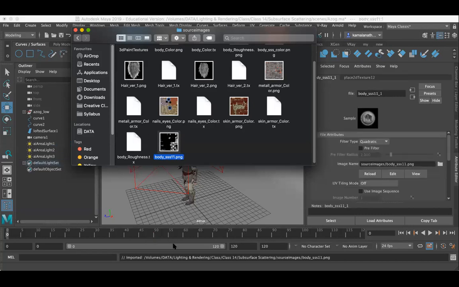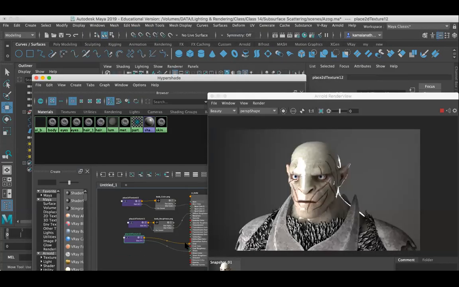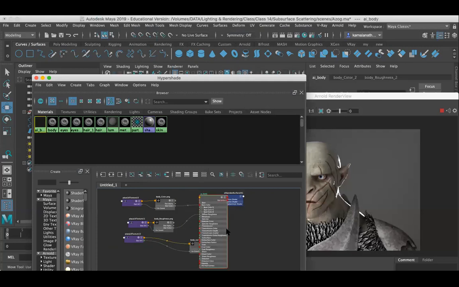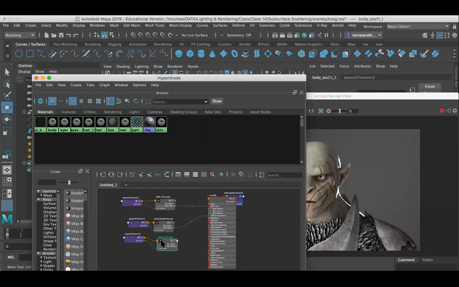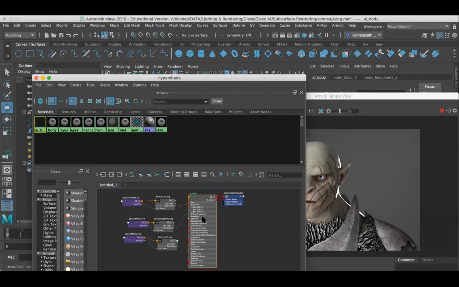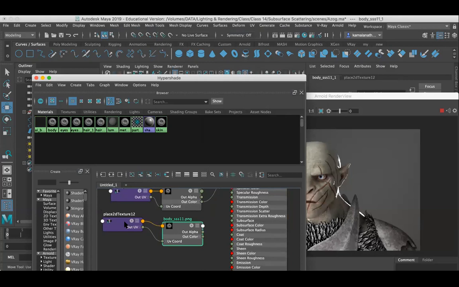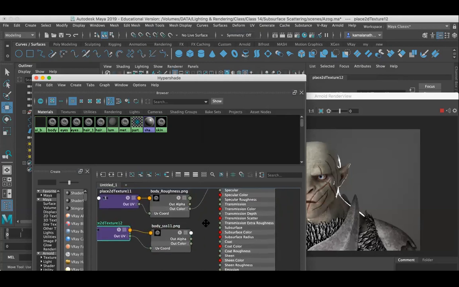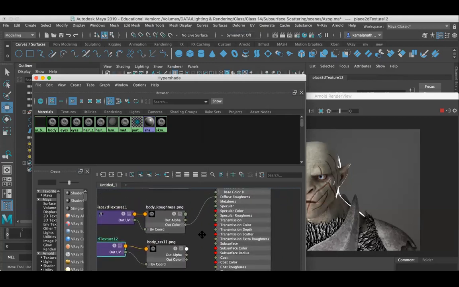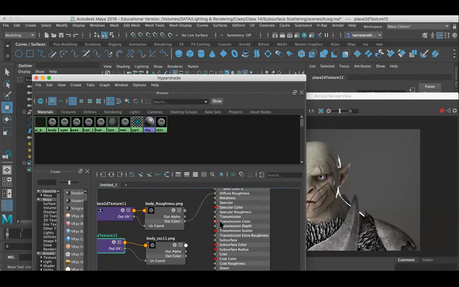This is a specular map, and the name is just a bit wrong. So here, I want to just add this to specular color here.